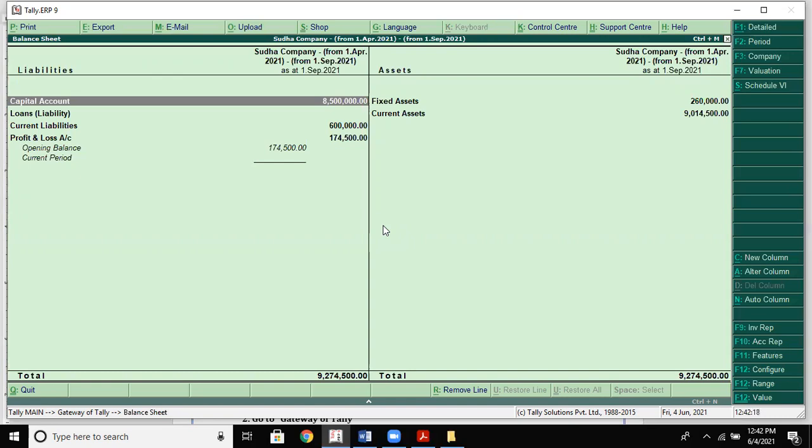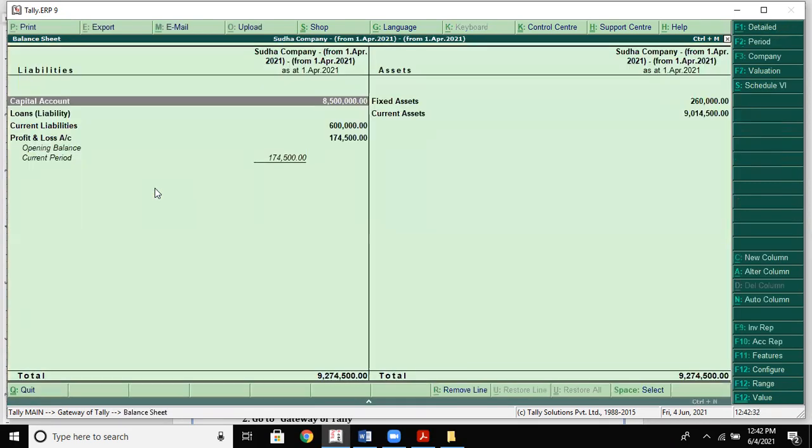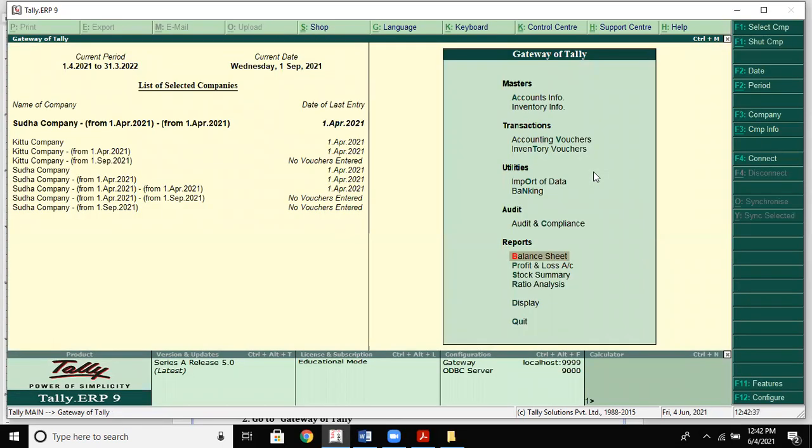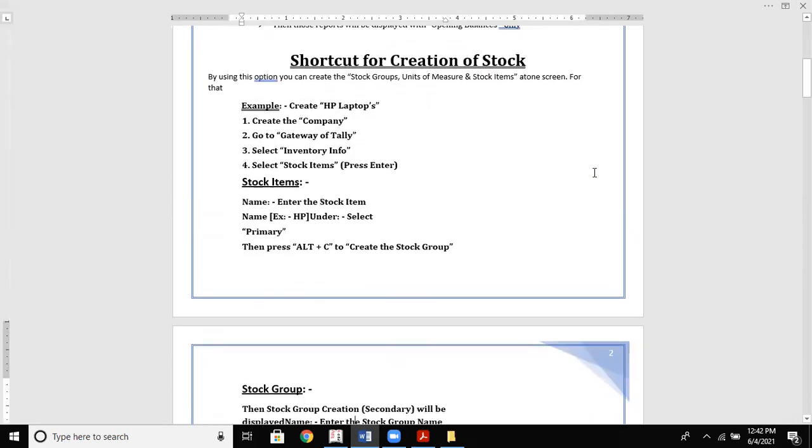So opening balances will show like this. Suppose you want to check from April to April, then it will show you like this. Like this, it will show you the split reports.